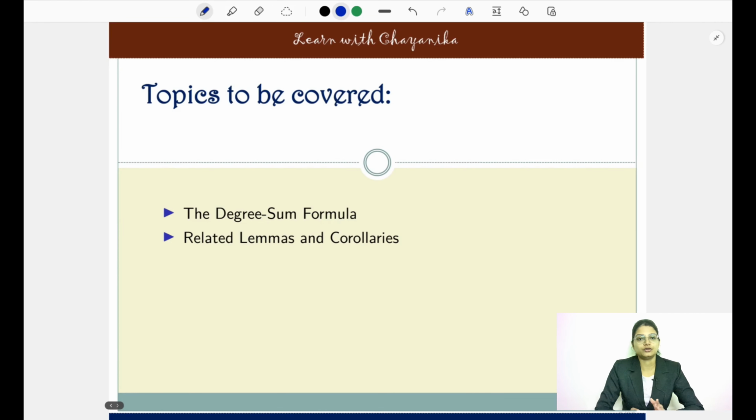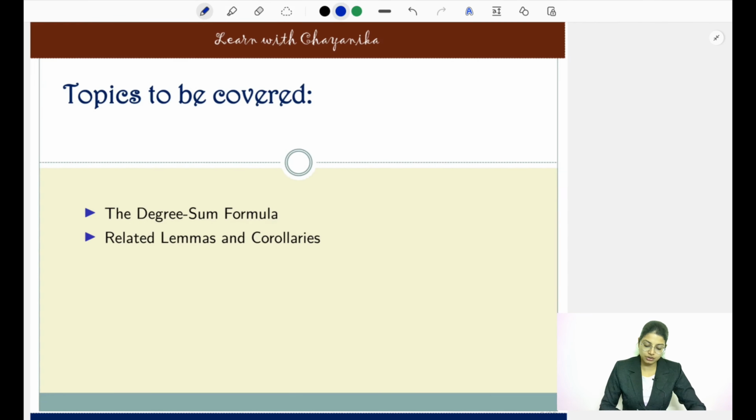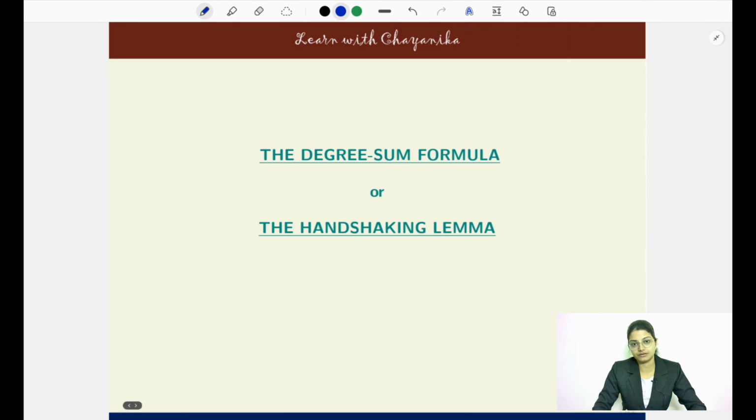Now let's continue with today's lecture, and the topics of discussion today include the very first lemma of graph theory, that is the degree sum formula, very popularly known as the handshaking lemma. Along with the degree sum formula, we will also be discussing several other lemmas and corollaries as an application of the handshaking lemma. So without any further delay, let's start today's lecture, and the very first topic of discussion today